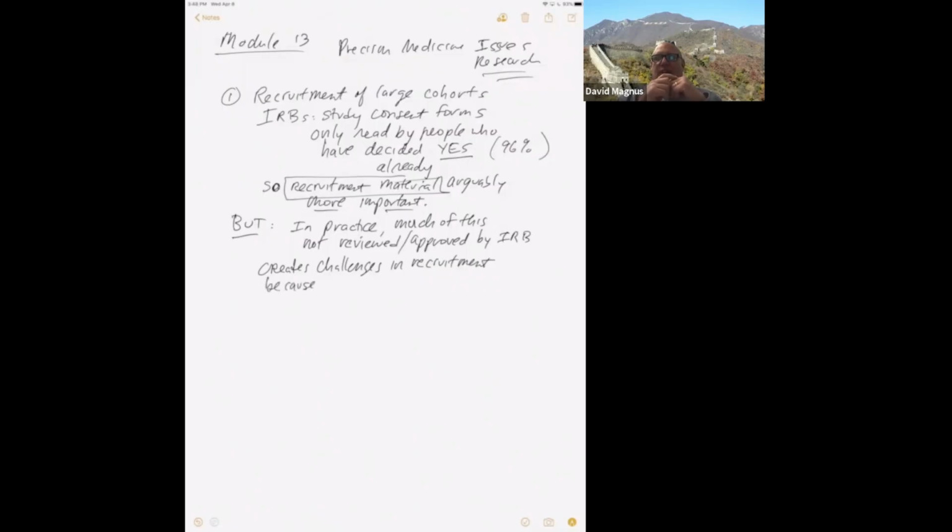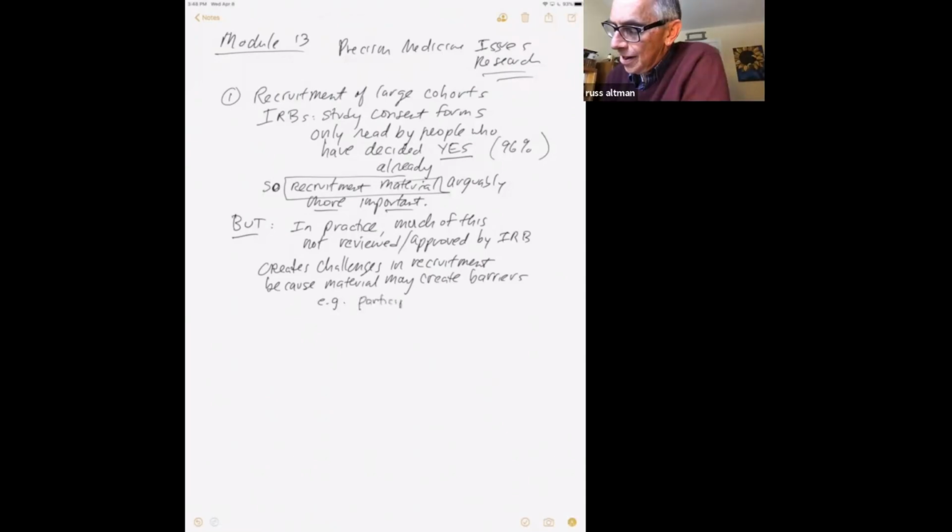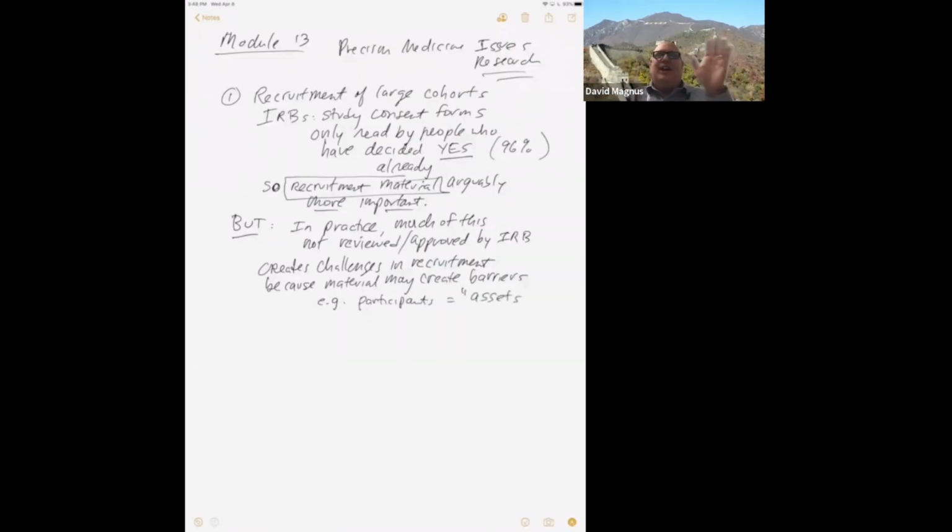who's involved in the All of Us research program at UCSF, at one point in some public facing materials, he referred to the research participants as assets, which is not really warm and fuzzy language. And if that's on the same page as your recruitment material, the people who are looking at that are not going to be able to distinguish between this is the part you should really count and this part doesn't count. They're just being told, oh, you guys are just assets. And similar things for other kinds of commercial language.